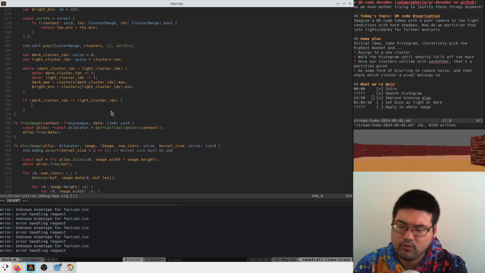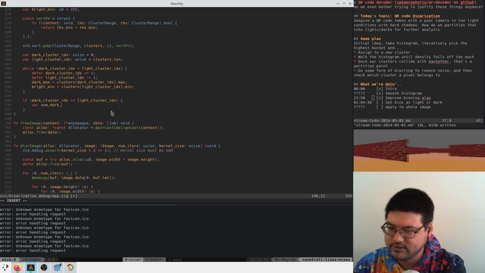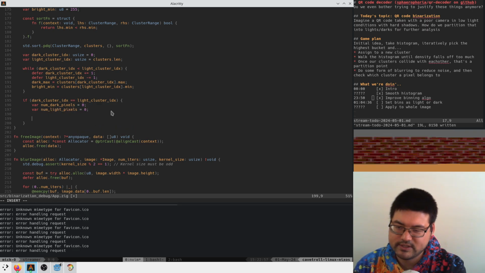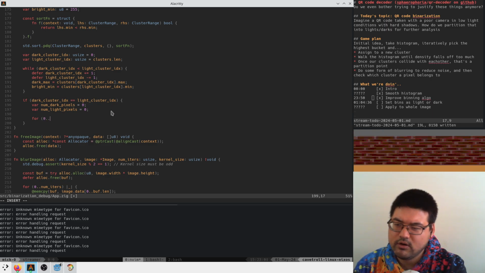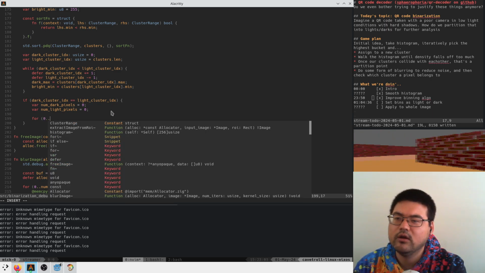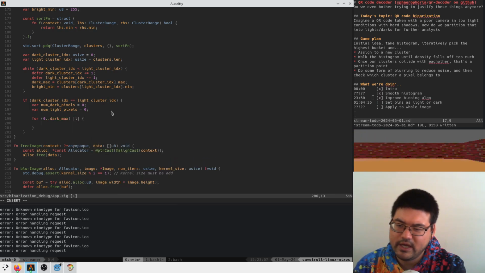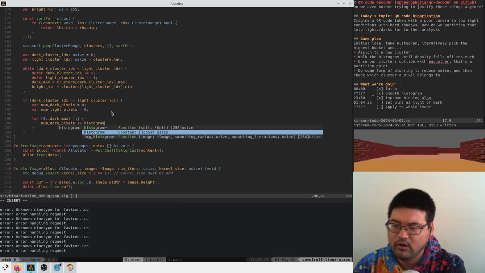And we'll just say num dark pixels is going to be 0, and num light pixels is going to be 0. And we'll just say for 0 to the dark max, we can say num dark pixels plus equals histogram I,